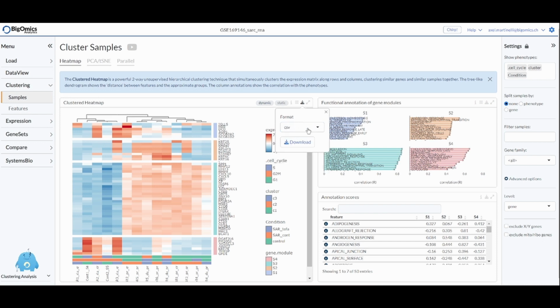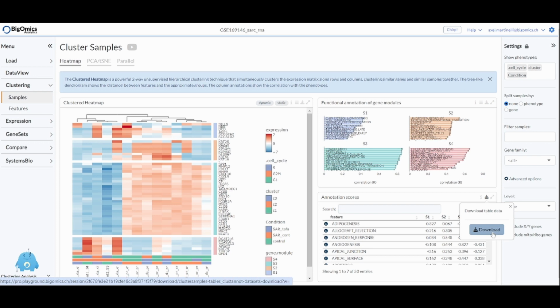And if you select CSV, on the other hand, you will be able to download the raw data that was used to produce a specific plot, in case you want to further customize, in this case, your heat map by running your own pipelines. For tables like this one, you have the options of downloading the results as a CSV